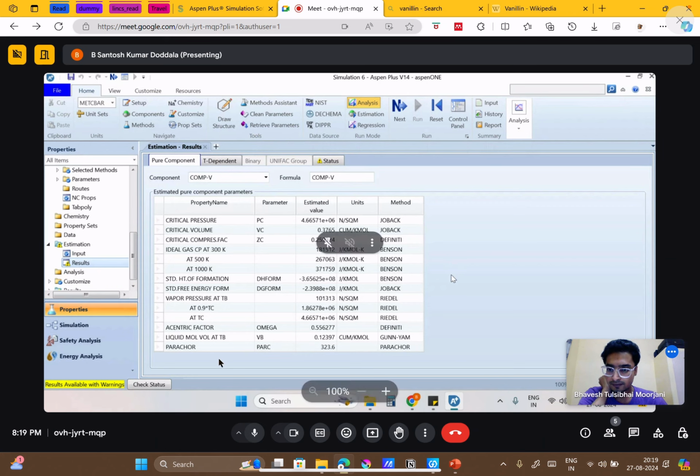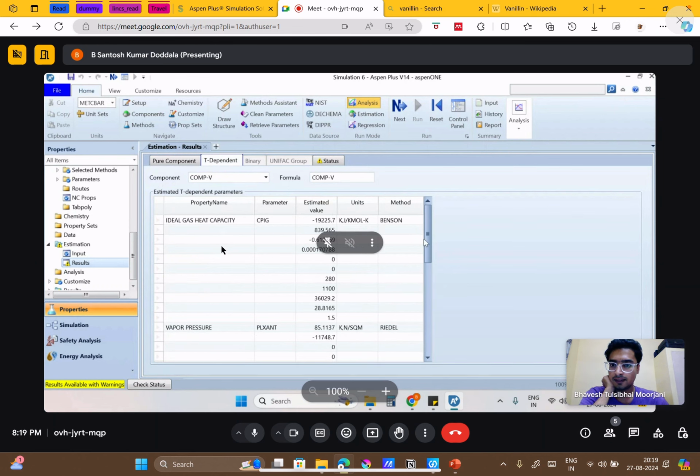Now you have the eccentricity factor, and even T dependent parameters. If you click there on the top part, now we have ideal gas heat capacity and vapor pressure.